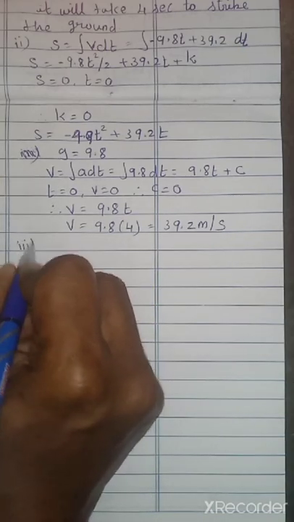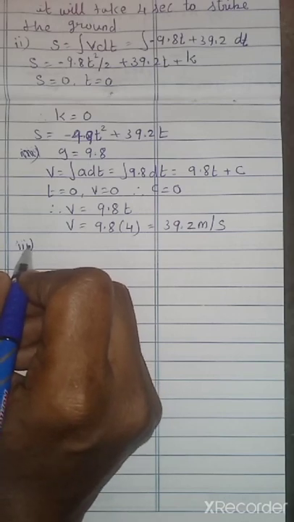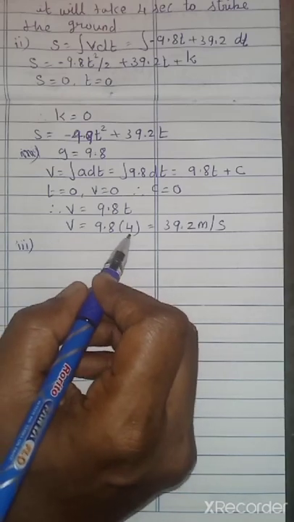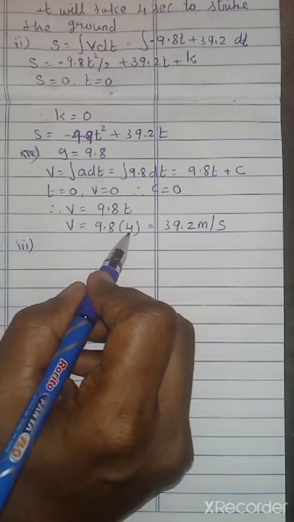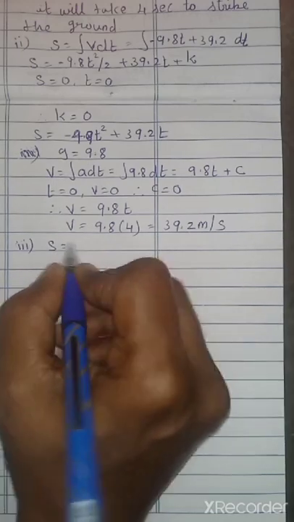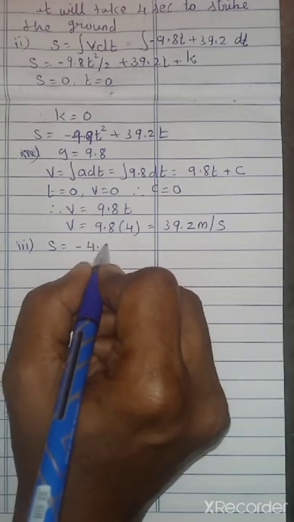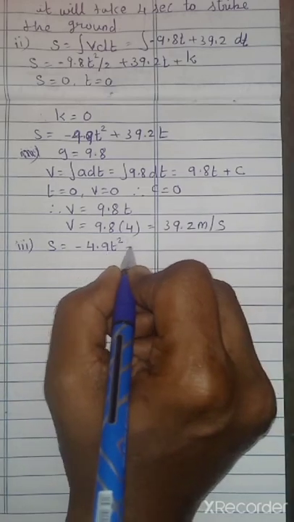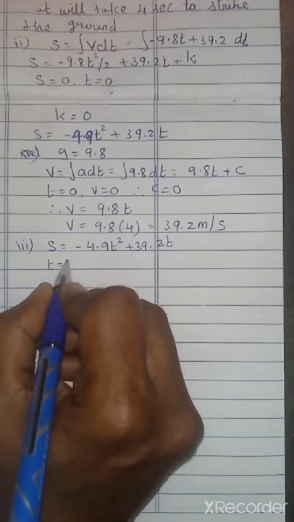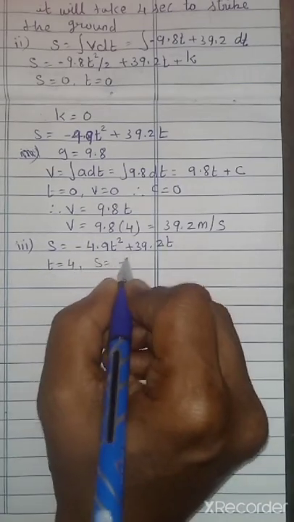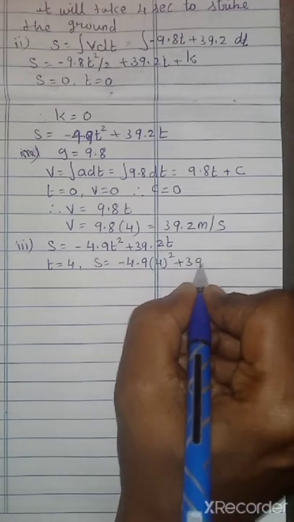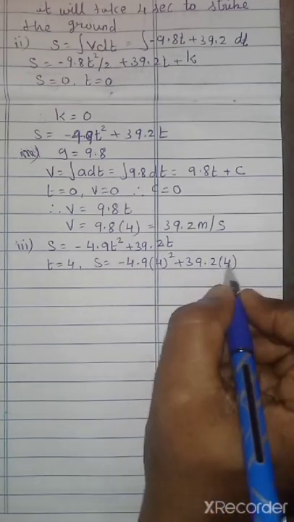Now third subdivision, how high the ball will rise. So how high the ball will rise. Now we know t equal to 4 seconds it reaches the highest point, right? So we can take s is equal to minus 4.9 t square plus 39.2 t. So t equal to 4, s equal to minus 4.9 into 4 square plus 39.2 into 4,